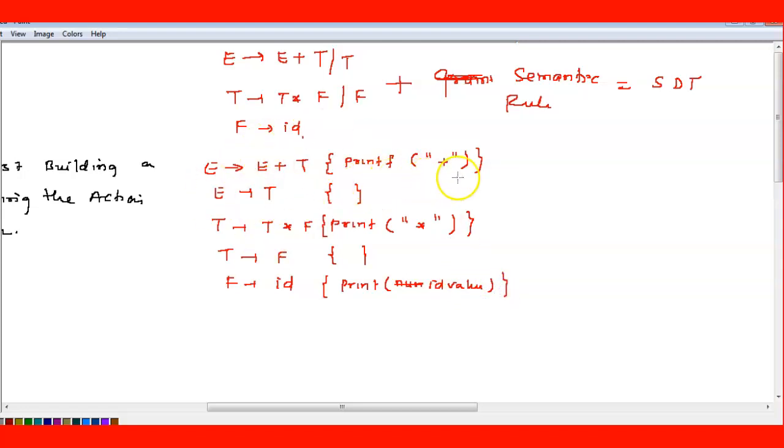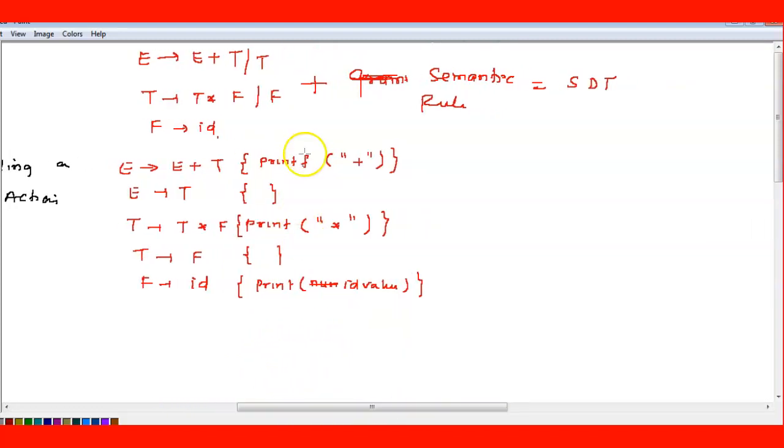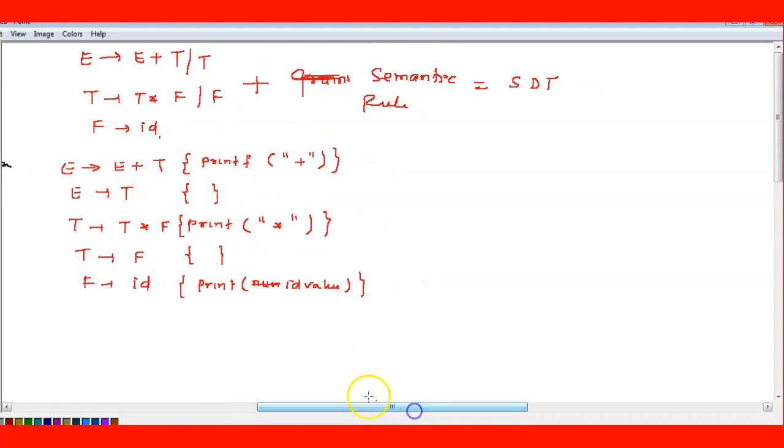This was the grammar given, and I have added some rules here. How did I take this rule? You can take any rule based on which type of SDT you are deriving. I have taken a simple rule here, and we'll see what happens once you apply it. The grammar was expression is expression plus term or term, term is term into factor or only factor, and factor is any numeric value or id.